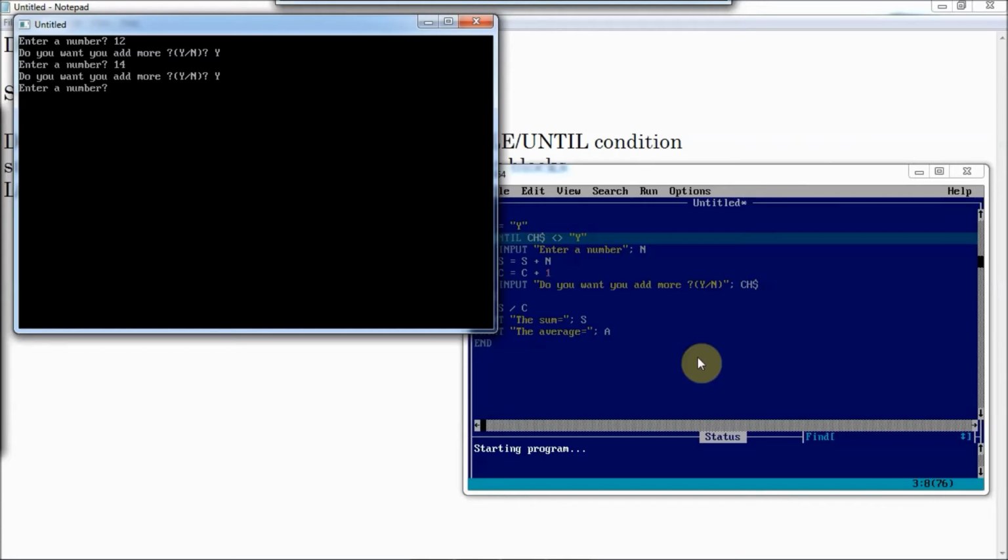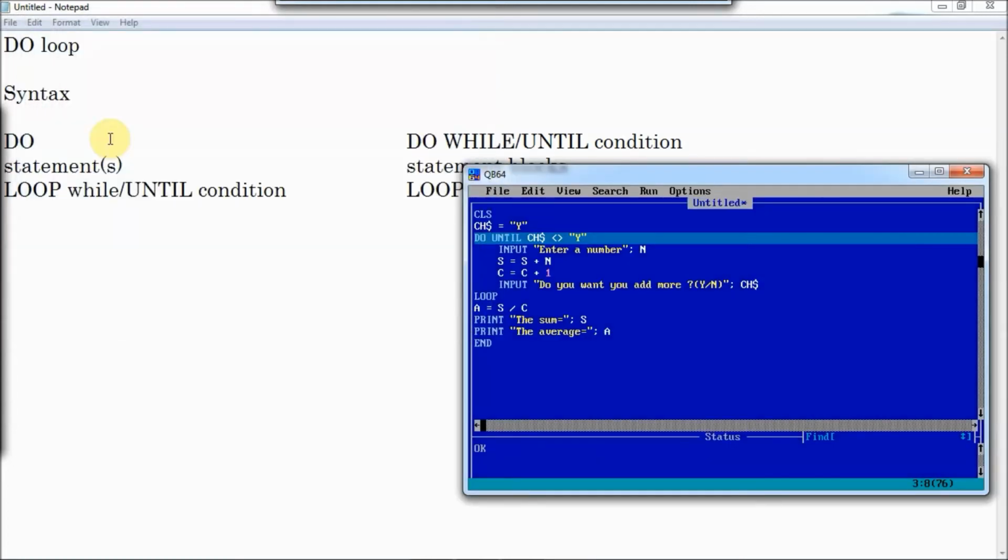Yes. Now let me tell you one last thing, as I have not mentioned the small y, this will stop even for small y. Let me give small y this time. See here, this is different. Capital Y, small y. So QBasic will consider them as two different characters. So it will stop in this one. Let's see, 42, 14. Okay. This is all for today.